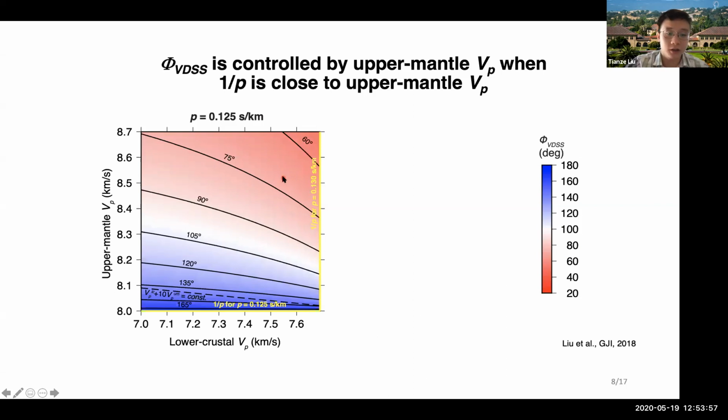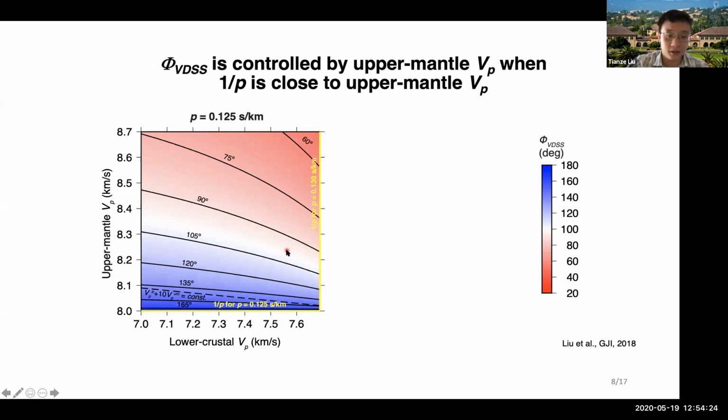We observe that indeed phi VDSS decreases with increasing upper mantle VP. And when the reciprocal of the ray parameter is very close to the upper mantle VP, for example, at the bottom part of this panel, it's almost completely determined by upper mantle VP, as evidenced by the